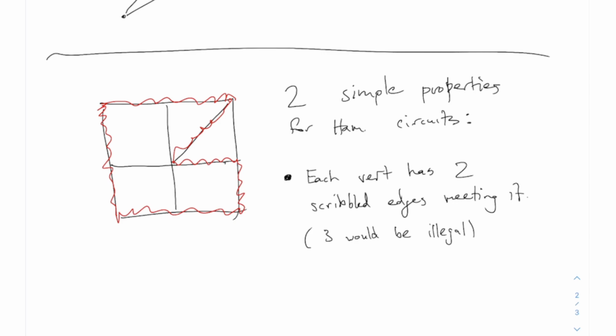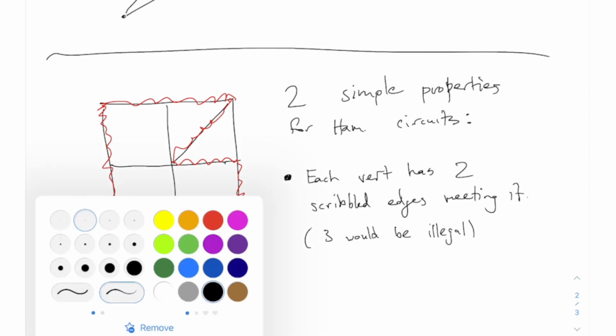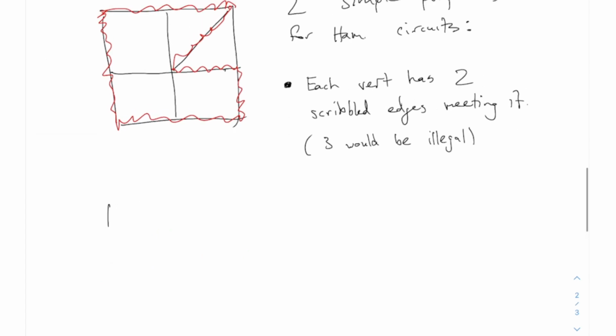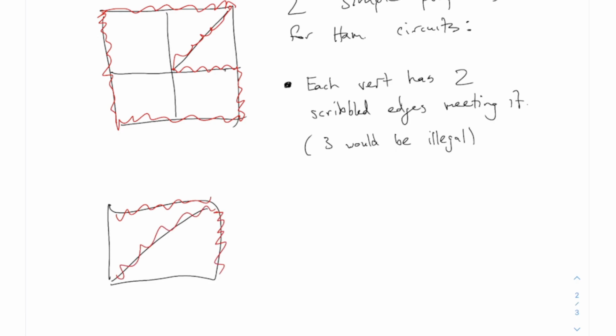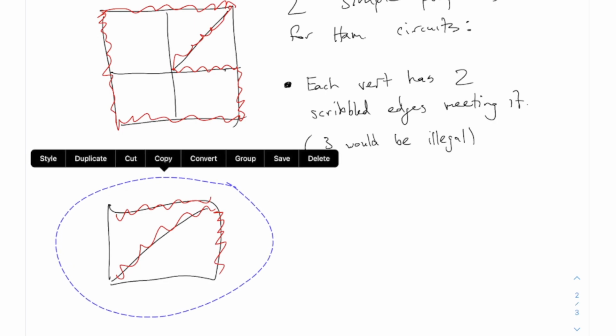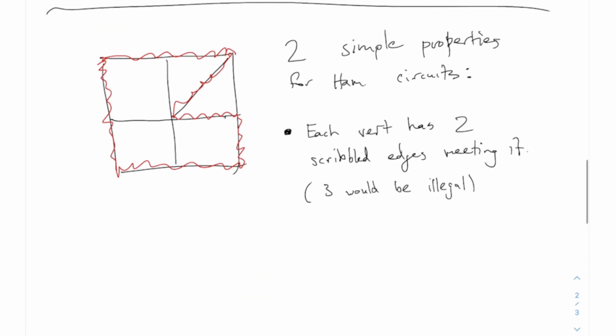All right, each vertex has two scribbled edges meeting it, and 3 would be illegal, right? If you can imagine a graph where you ended up scribbling in 3 edges here, that would represent some kind of circuit which is revisiting that vertex, and that's not allowed. So in a legitimate Hamilton circuit, that is not allowed. Each vertex has only 2 scribbled edges meeting it. All right, and the other simple observation: